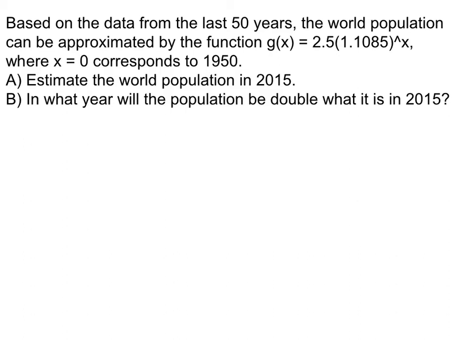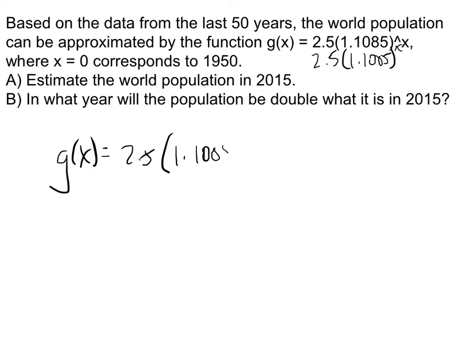Now just before we go on to finish answering this question, I want to make sure that we understand what this formula is saying. So this formula is 2.5 times 1.1085, and that's raised to the x power. So this little caret thing means raised to the x. Okay? So what we want to do is estimate the world population in 2015. So we're going to take our formula, g of x equals 2.5 times 1.1085 raised to the x power,